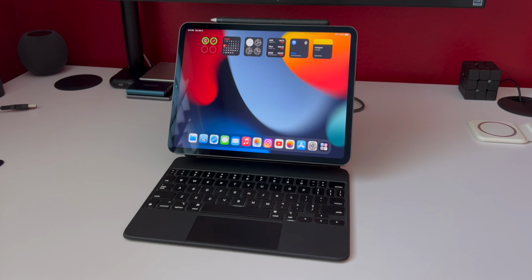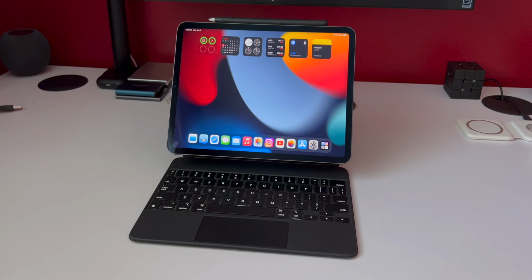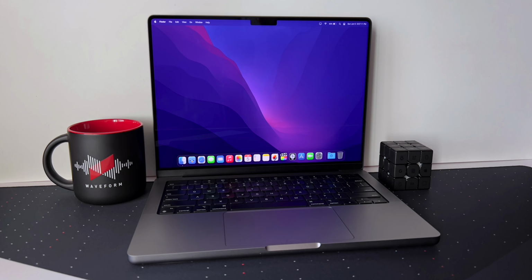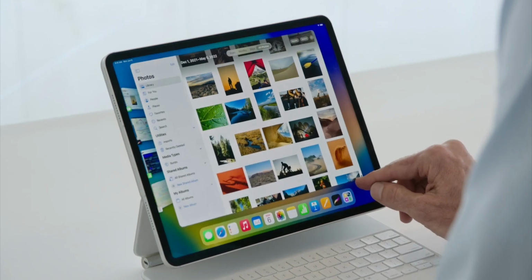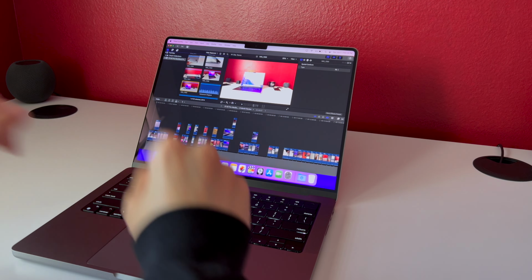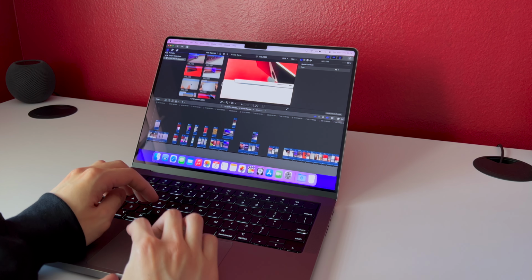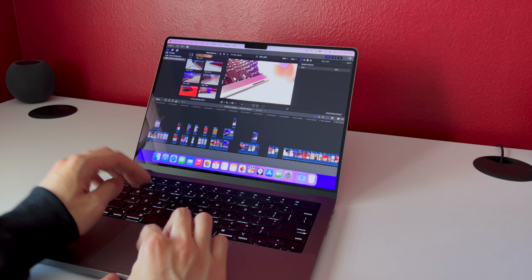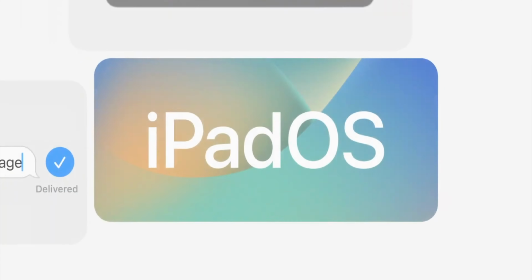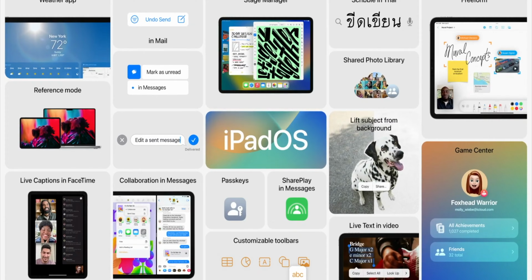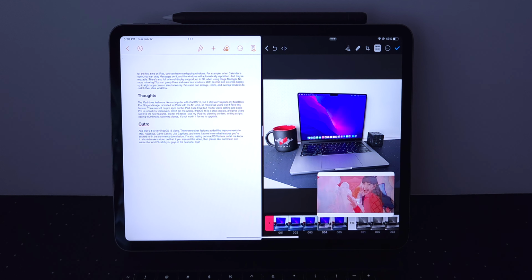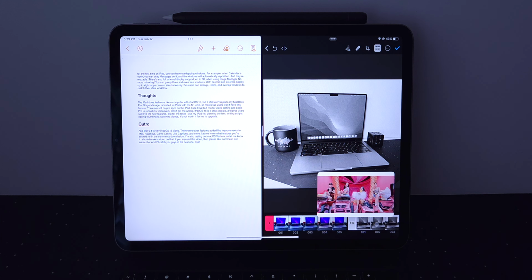The iPad does feel more like a computer with iPadOS 16, but it still won't replace my MacBook Pro. Stage Manager is limited to iPads with the M1 chip, so most iPad users won't have this feature. There are still no Pro apps on the iPad. I use Final Cut Pro for video editing and Logic Pro to record my voiceovers. Don't get me wrong, iPadOS 16 is still a great update and Pro users will love the new features. But for the tasks I use my iPad for, planning content, writing scripts, editing thumbnails, watching videos, it's not worth it for me to upgrade.